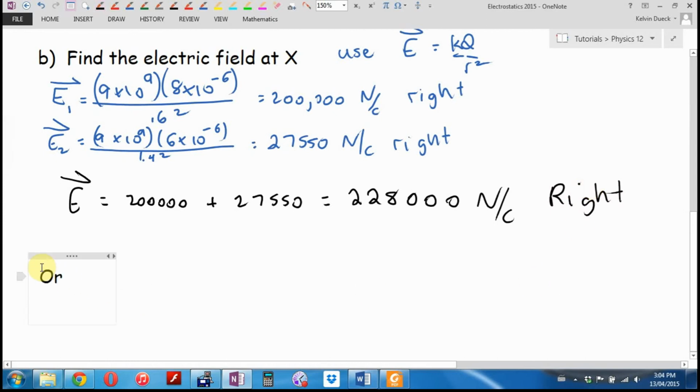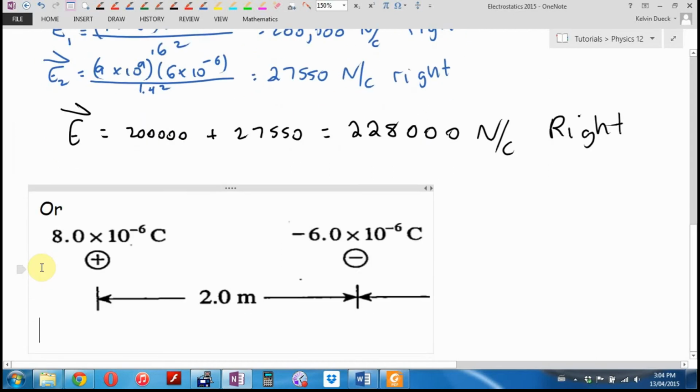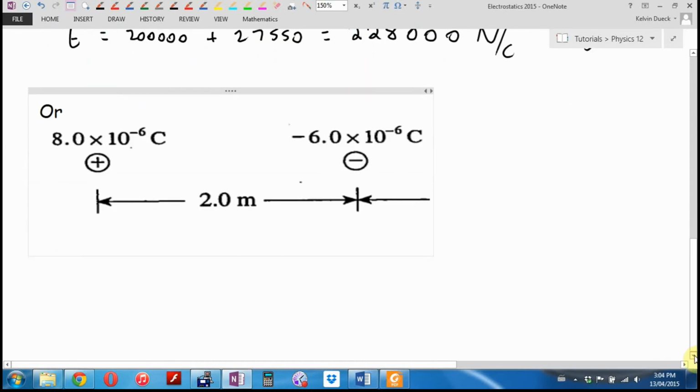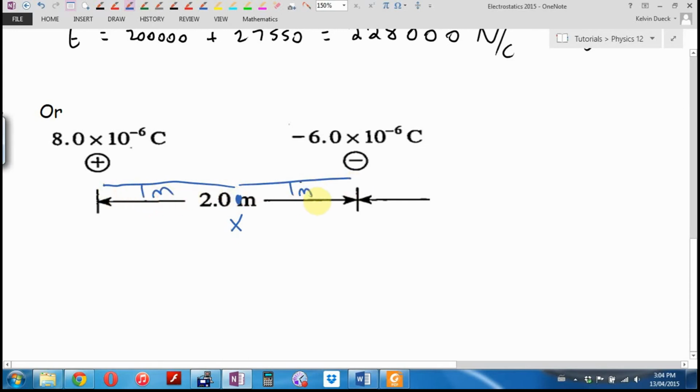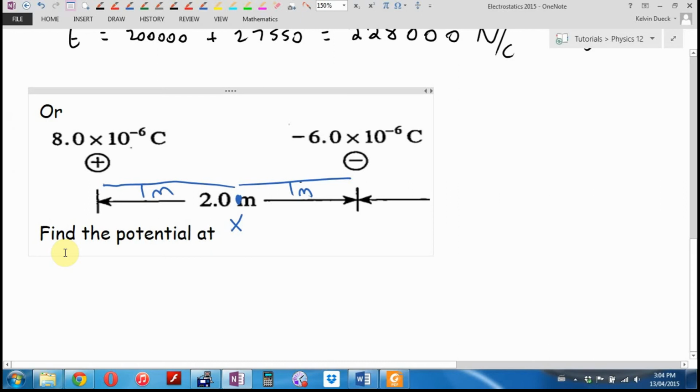What else could I do with point charges? Same picture? Give you a different location just for practice. You know what? How about exactly halfway between? So that's 1 meter, and that's 1 meter. And I could say, find the potential. Okay. So potential, I go